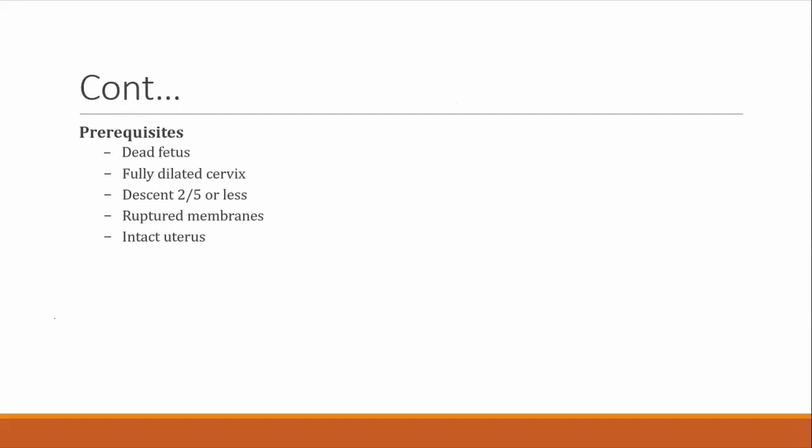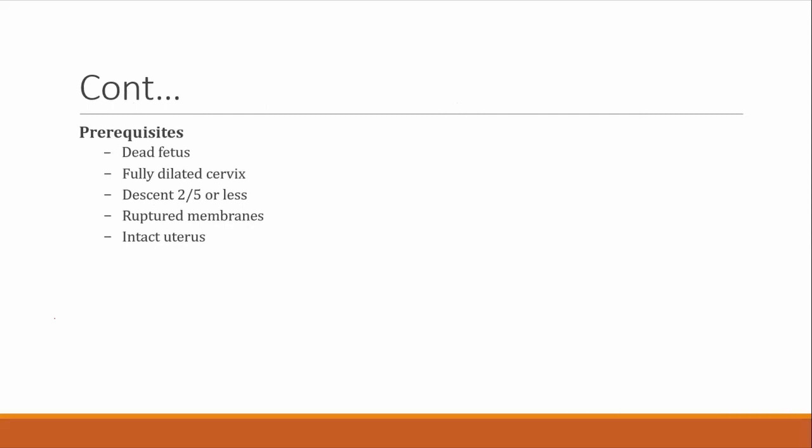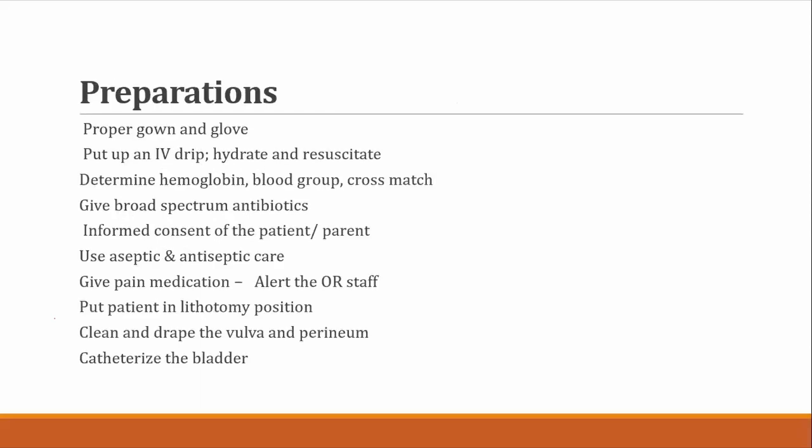Like any operative vaginal delivery, in destructive delivery we should observe the prerequisites. Obviously, we have to make sure that the fetus has died, the cervix should be fully dilated, the baby should at least be engaged, and the uterus should be intact. So prepare like any